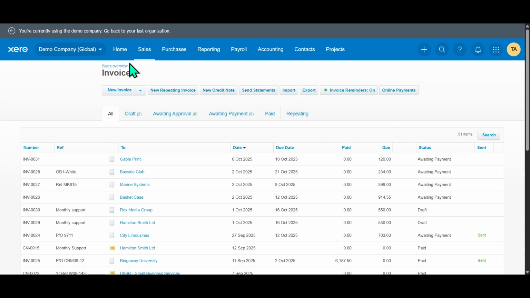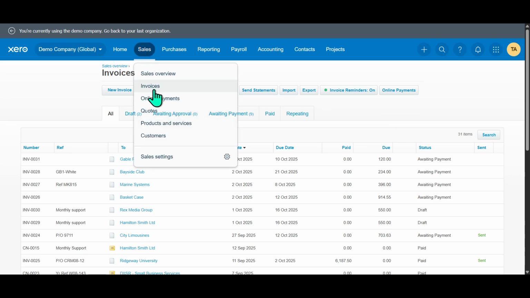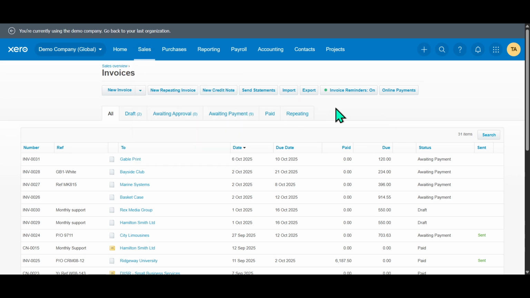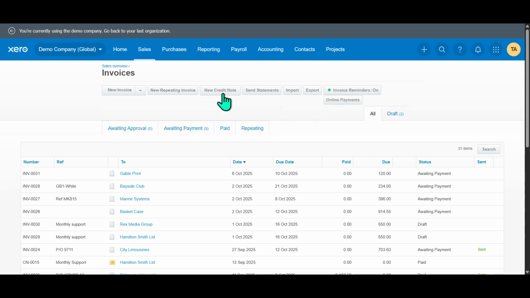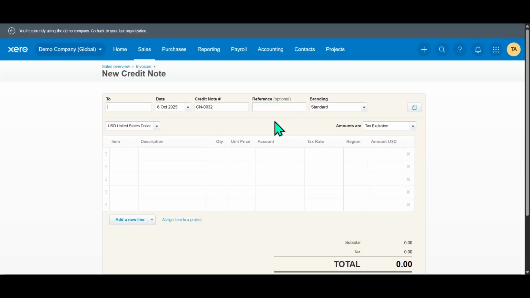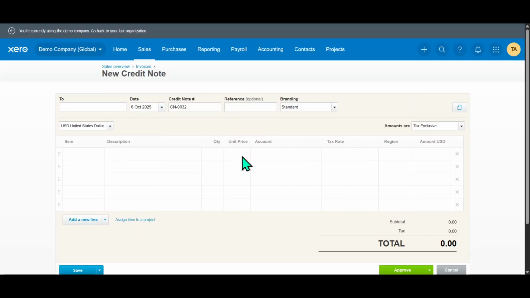Next, look for the option to select a new credit note. It's typically prominently displayed because Xero makes sure you can easily access the features you need the most. By selecting New Credit Note, you're taking the first crucial step towards processing a refund accurately. This feature allows you to make changes to invoices that have already been paid, especially when a refund needs to